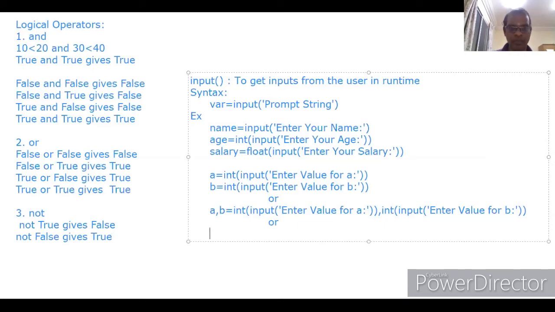Or, a comma b equal to. This is only applicable for the integer data type. Okay. Then, for the student name or father name, s name comma f name equal to input, "Enter student name and father name", dot split of comma in square brackets.